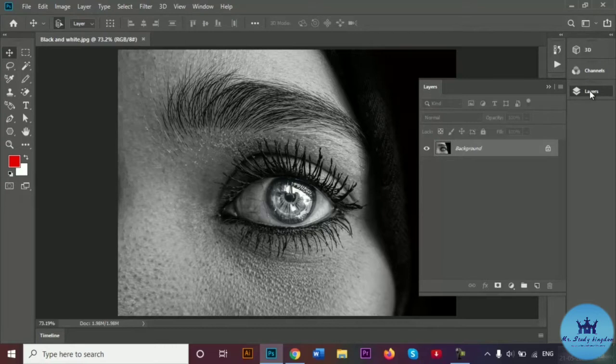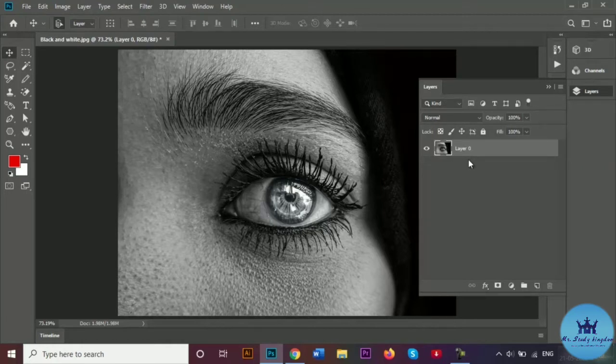When you open up any image or a new blank document, by default you will see this type of layer come up in the layers panel. I have just opened up this black and white image of an eye. As you can see, it's the eye of a girl because she has a lot of mascara around her eyelashes. By default, over here in the layers panel, it gets named Background and it's also locked. I'm just going to unlock this,